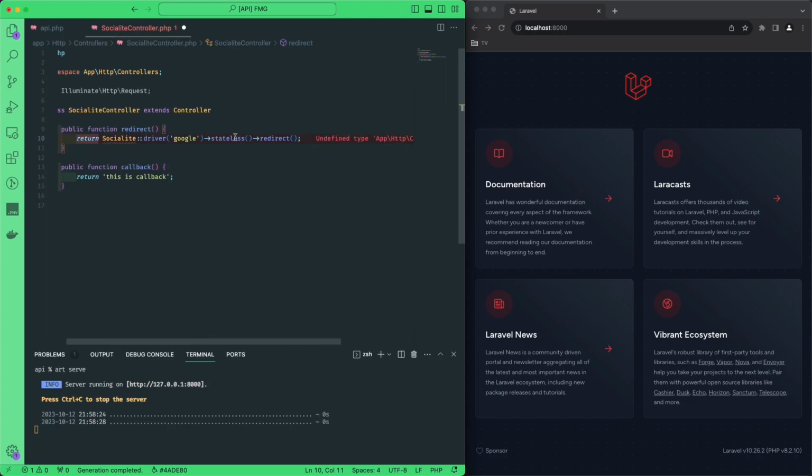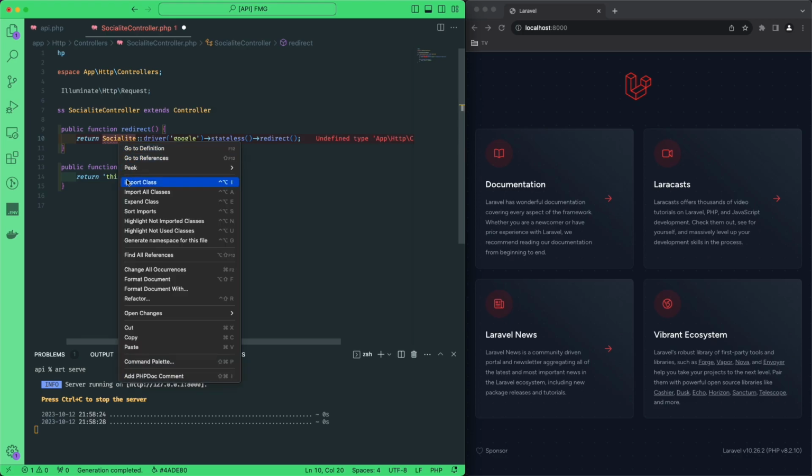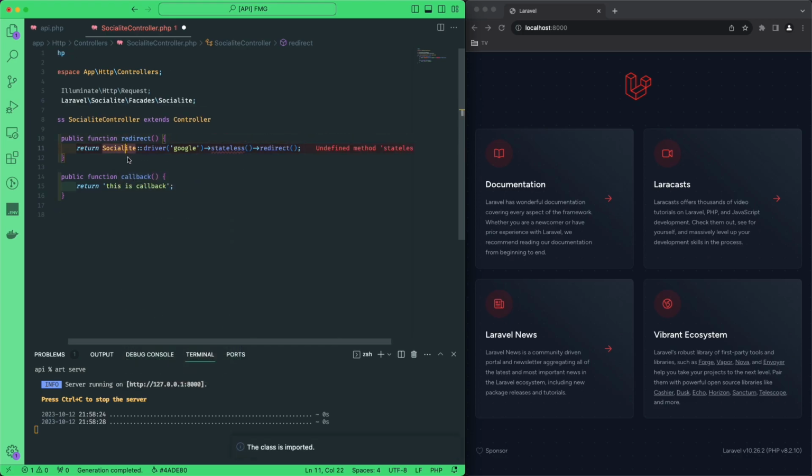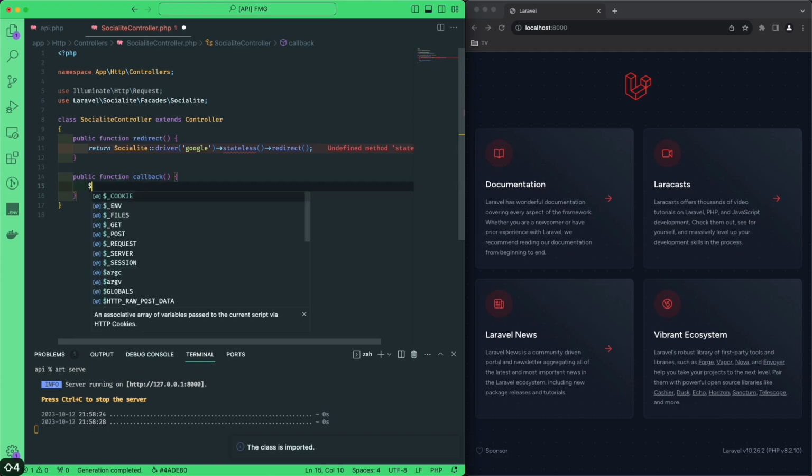Okay, let's import the class in here. Okay, so this is just going to redirect us to the Google domain,